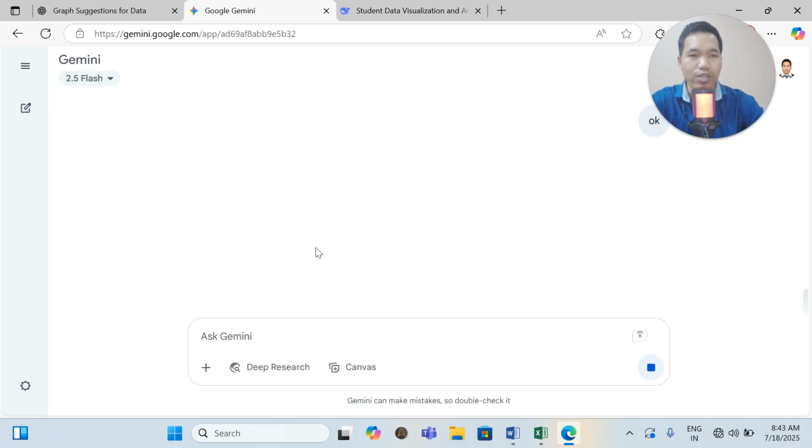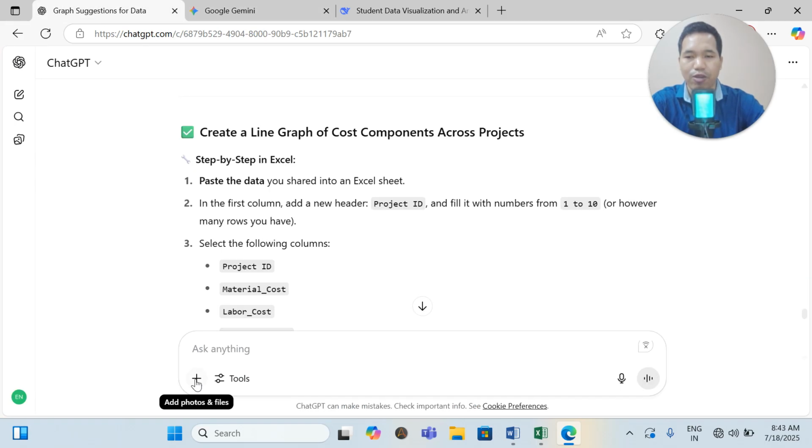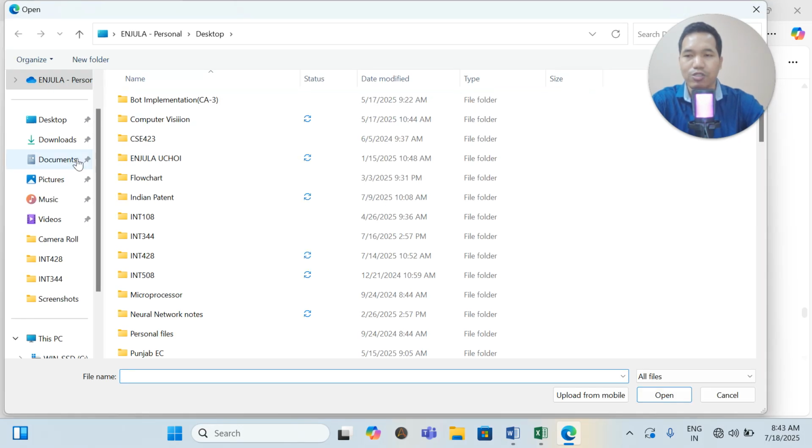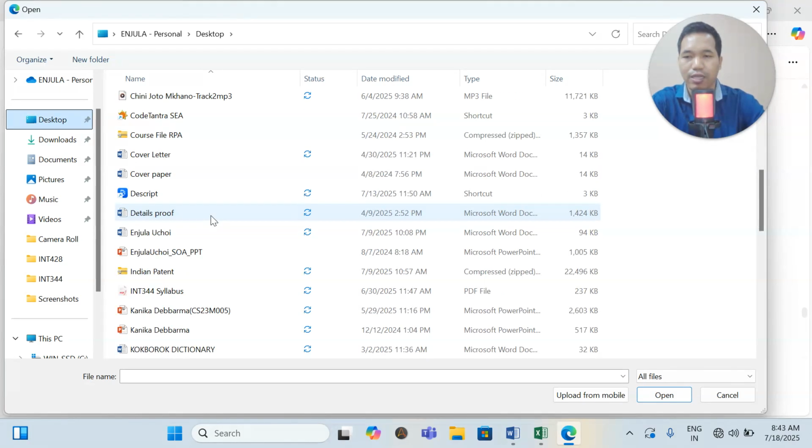So sometimes you need to read what they are telling you and what they are suggesting. Based on the suggestion, if you feel that is better for you, you can go ahead with that. Okay, so you can use it for analyzing out here. At the same time, I'm doing it here also, so that we can show you in different ways on the desktop.